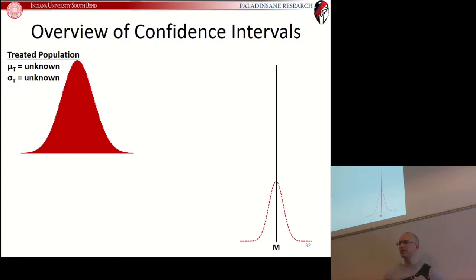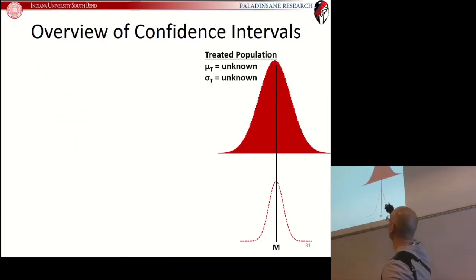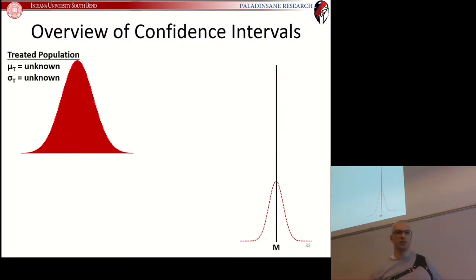So the hypothesis test tells us that our sample belongs to the treated population. That's what a significant p-value tells us. That's what accepting the research hypothesis tells us. Our sample belongs to this treated population. But we don't know where in this treated population our sample came from. And that is why we need an interval. So that treated population